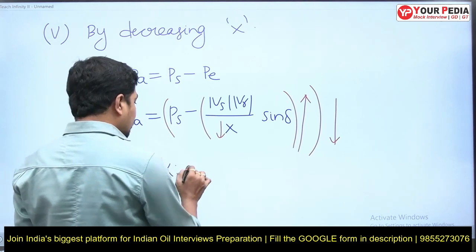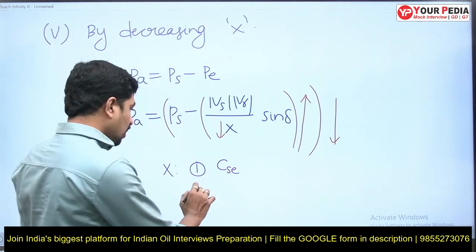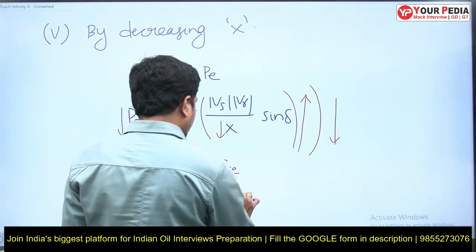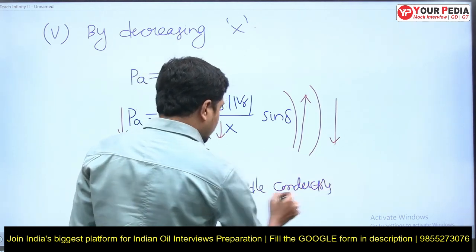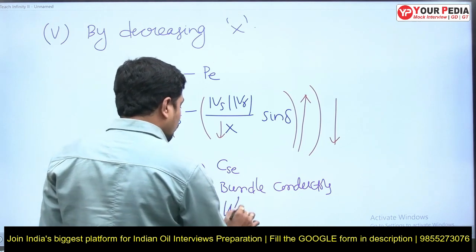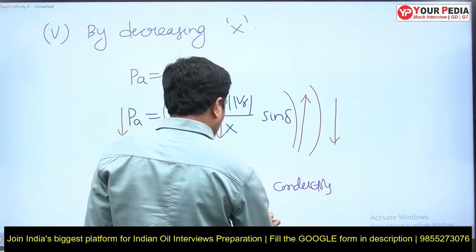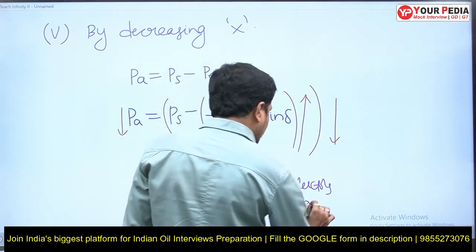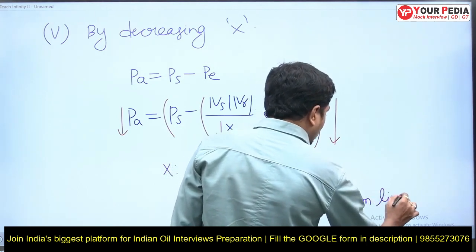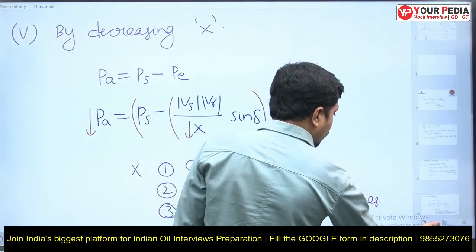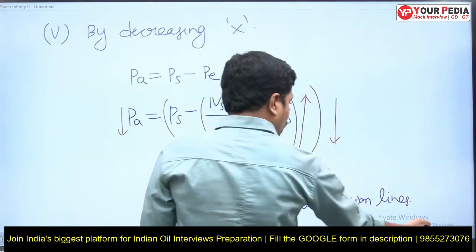So X can be decreased in these many ways. First one is with a series capacitor. Second one is with bundle conductors. Third one is with parallel transmission lines. Few more are there. Fourth one is